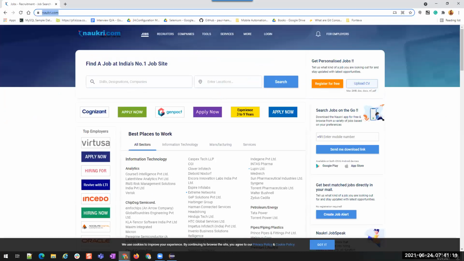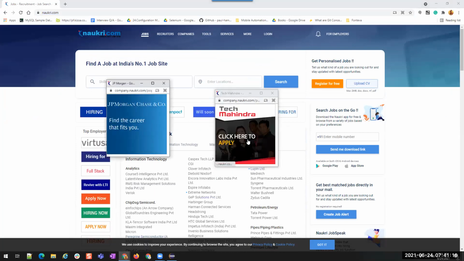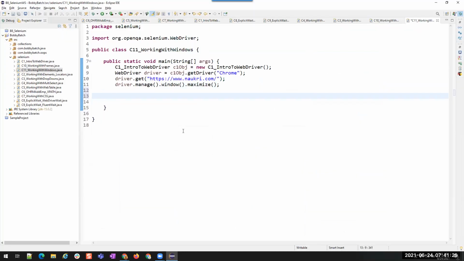Now let's find these windows. To move to these windows, Selenium does not provide any method directly. But then how can we switch, or what are the operations that we should do? We have to get the identification of the parent window and the child windows, or a parent tab and the child tabs. So in that case, what we have to do is fetch the parent window ID for future usage.